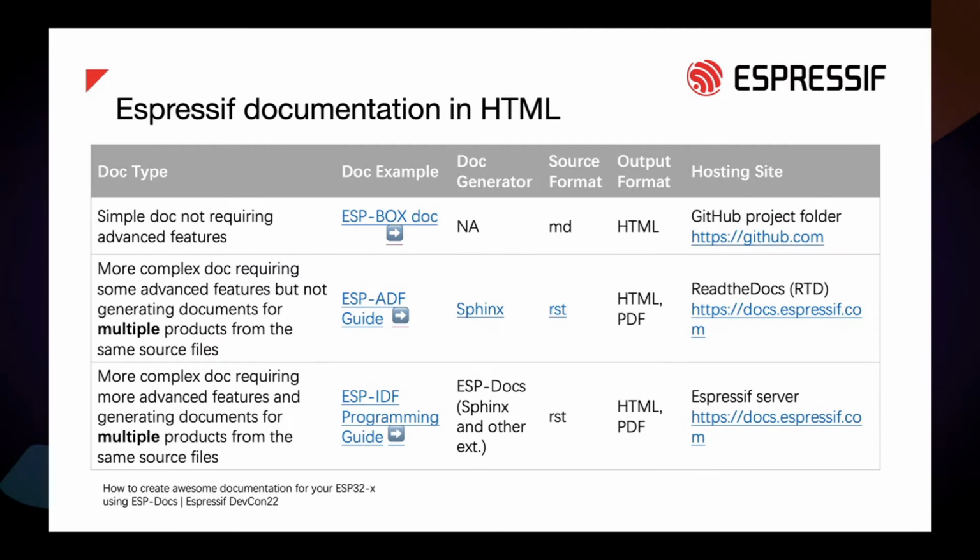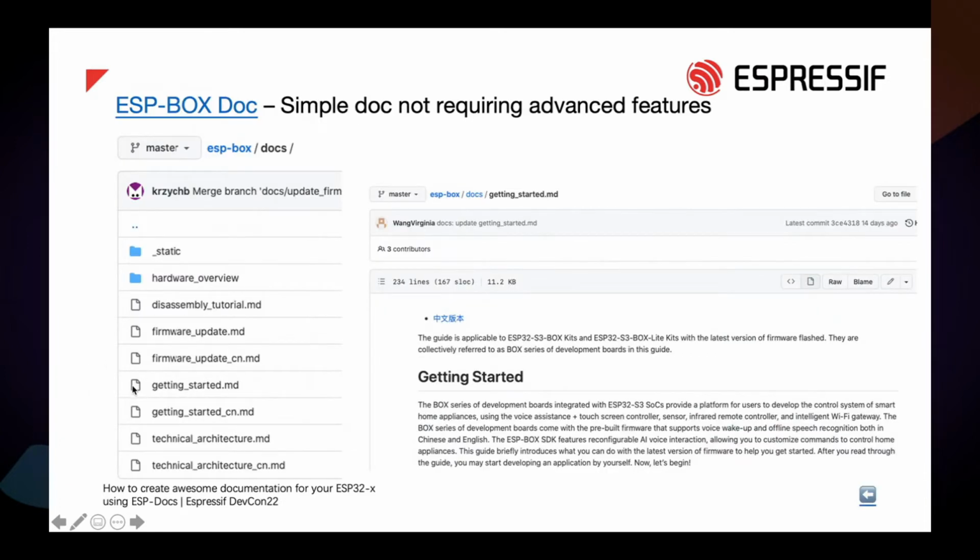Let's start with a glance at the 3 typical documentation in HTML at Espressif. So the first type is a simple documentation that does not require advanced features, such as a navigation menu, auto-generated table of contents, or advanced cross-references. There are lots of such documentation both inside Espressif and outside Espressif. An example at Espressif is the ESP Docs documentation. So let's take a quick look. You just put some documents in Markdown format into a folder, and then GitHub renders them for you into